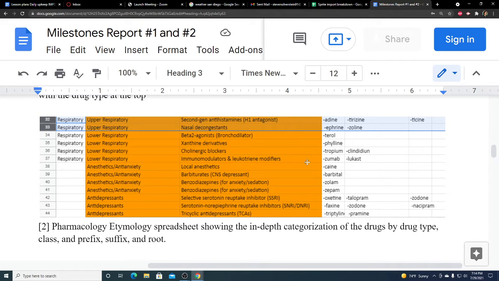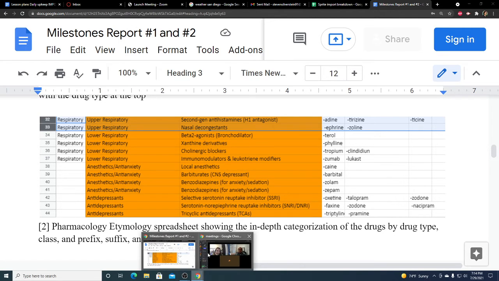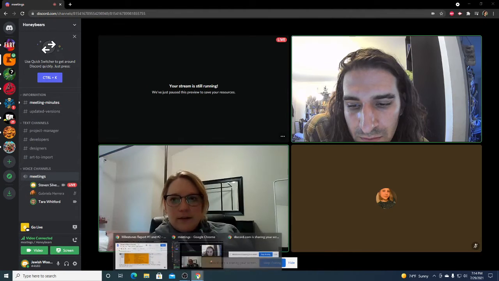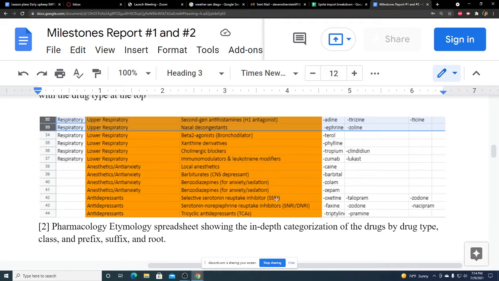Let me see what I've got on antidepressants. I think it would make more sense to start with it spelled out, like with the whole thing, just like in a paper. So I've got selective serotonin reuptake inhibitor, and then parentheses SSRI. I think that's a good way to do it, on the pill bottle. I agree, that's the best way to do it. I'm just wondering if aesthetically that might be